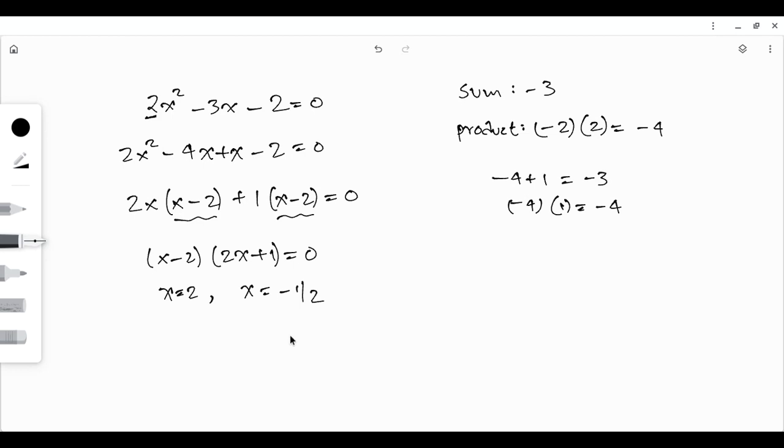So that's the method for factoring trinomials. You're finding numbers that add up to this number, and whose product is this times this. So if it's only x squared, you can just look at this number, because any number times 1 is itself. But if it's not x squared, you've got to incorporate that into your